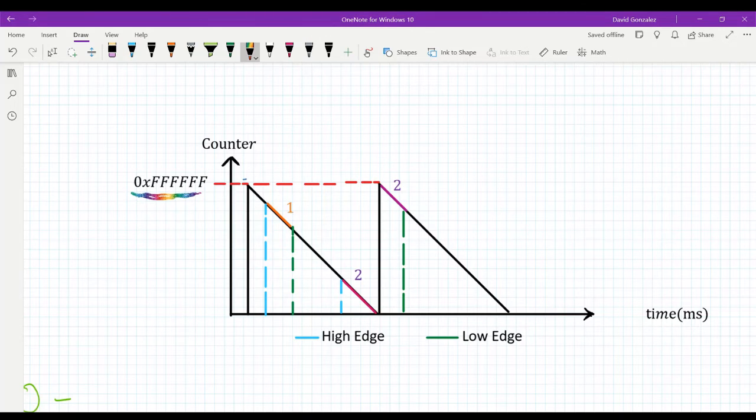So the first case is where the high edge is essentially bigger than the low edge. In that case, we want to solve for this distance between here and here. We want to solve for that part there. And how would we do that? Pretty much to solve for that, we would just do the high edge,